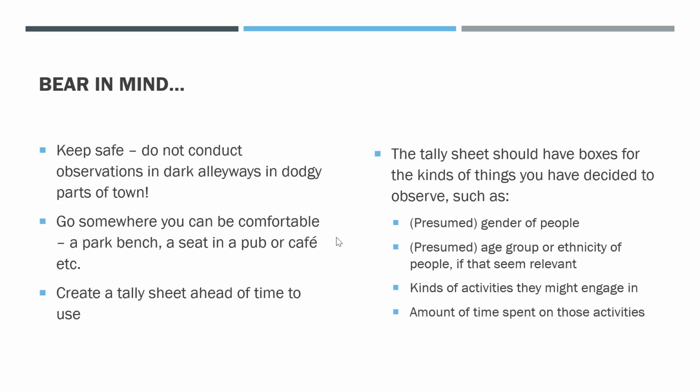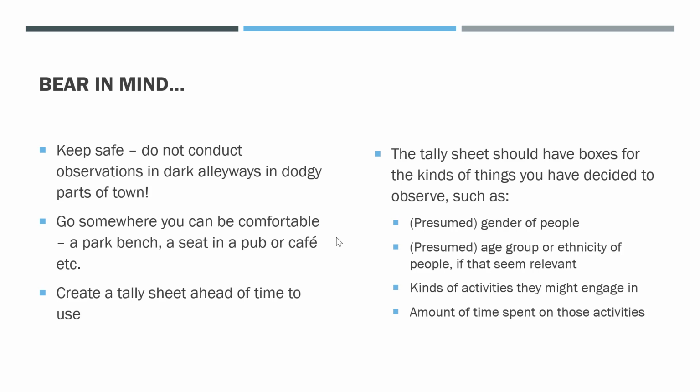I am including presumption here because, obviously, if it's gender, not everyone identifies as either male or female, and it's not always obvious what they identify as, so you're going to have to take a guess. As the people will never know you're observing them, they're in no position to be offended by you guessing incorrectly. Likewise, if you're guessing their age group, you might add or take off a few years by accident, but they're not going to know you got it wrong or be offended by your guess.